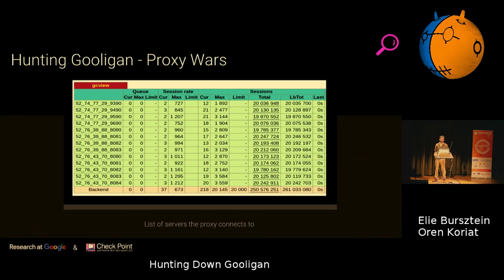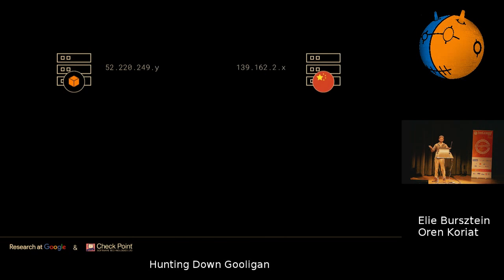Awesome. So now that we have this information and we have reverse engineered more and more samples, we were able to get a picture of what the Gooligan botnet actually looks like. And this is the simplified version. So you can see that we have Amazon servers and we have Chinese servers.